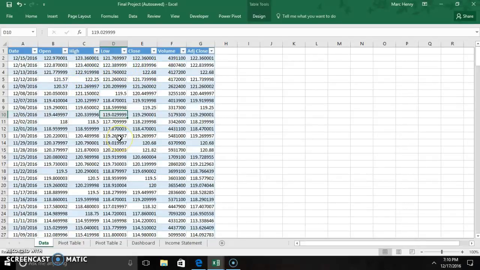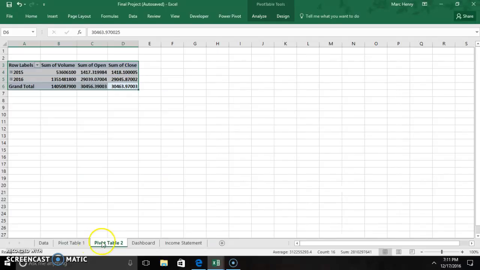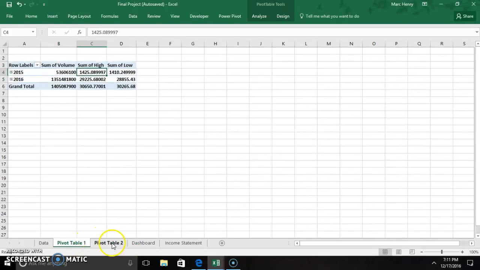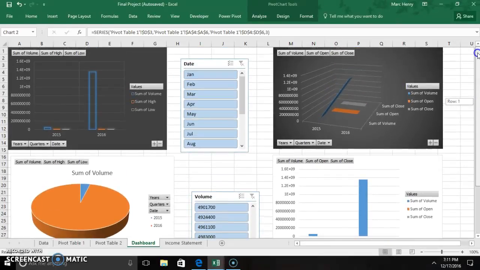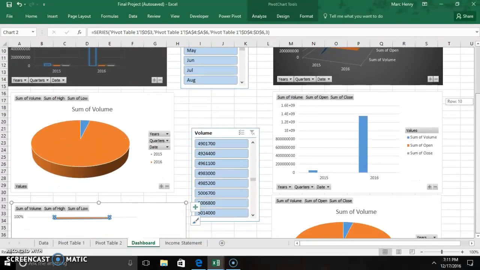The second step, in order for you to manipulate the data, is to create some pivot tables. As you can see in my project, I have two pivot tables, and with pivot tables you can do a lot of things actually. And with my pivot table, I was able to create a few bar charts. I was able to create a few pie charts and a few line charts, and I also included a few